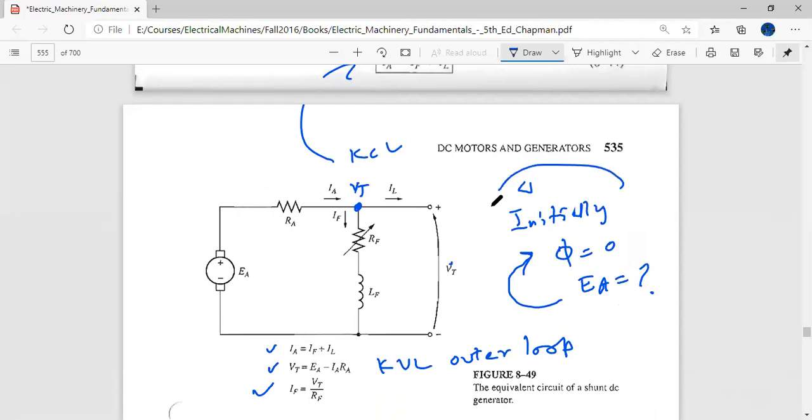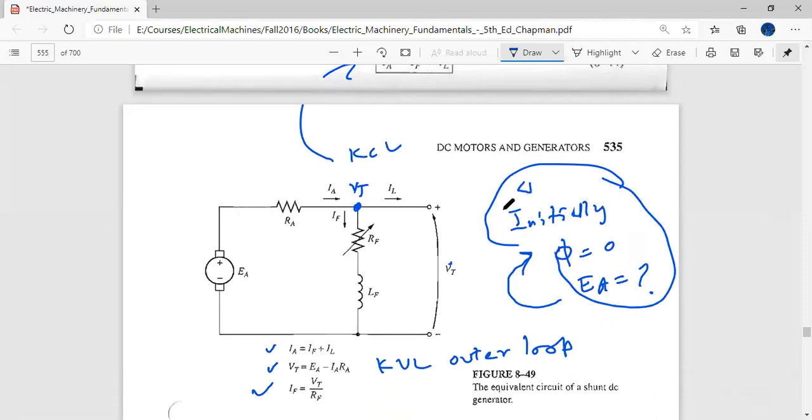And now the important question is the chicken and egg problem. In the separately excited DC generator, the field circuit was different, but over here the field circuit is being supplied by the generator itself. So what happens when initially the generator is at 0 volts and the generator needs the field to produce EA, because we know this is the induced EMF and it will only be produced when the flux is cut, and when there is no flux, because there is no generator output over here, the flux is being produced by the generator output itself. So how will this thing work?